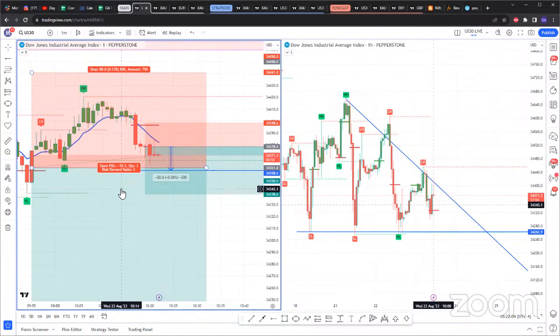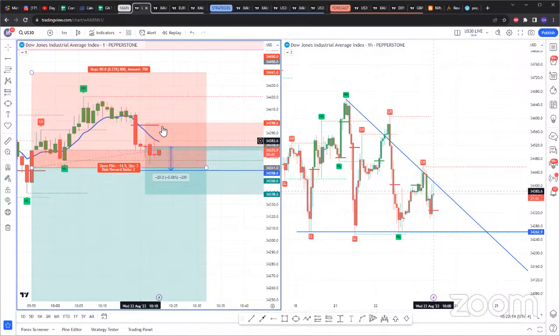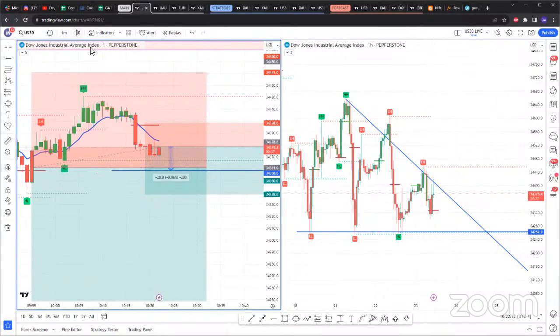So there's no need for me to jump into another trade for now, because that's another reason why I'm not in. But it is a valid trade if you're trading on the 1 minute. So one reason I'm not in it is because I was already in a sell that was in drawdown. So yeah, but if we do get it on the 5 minute, that will be a better confirmation for me.